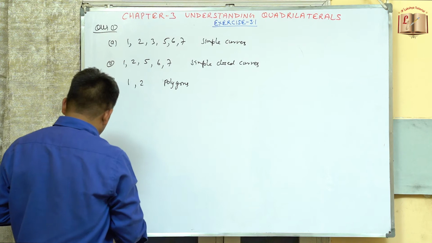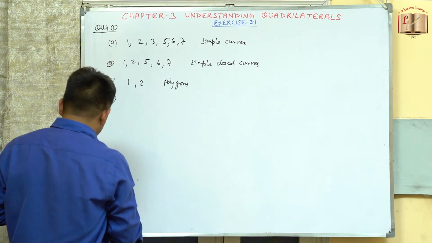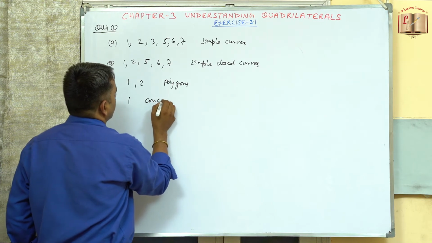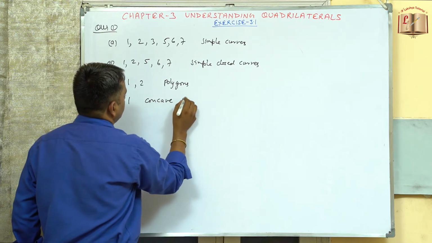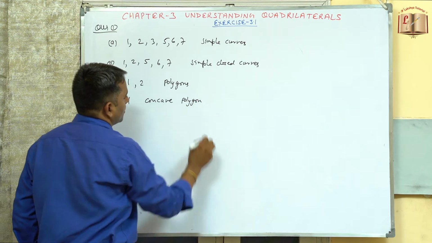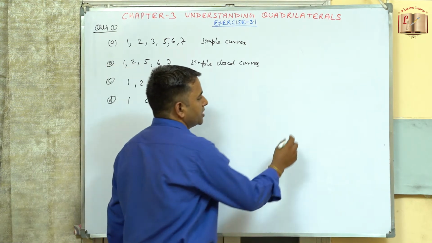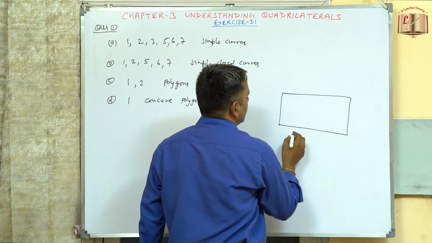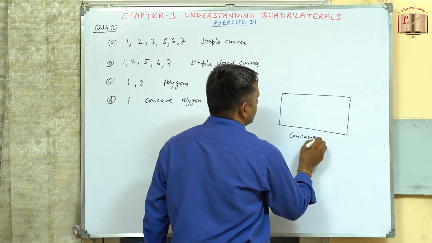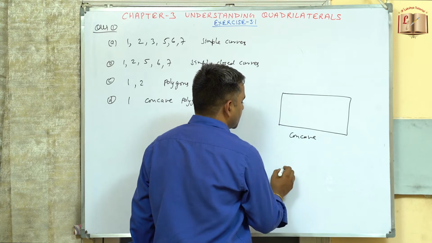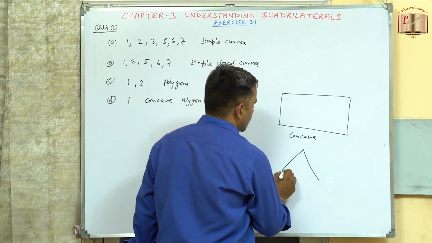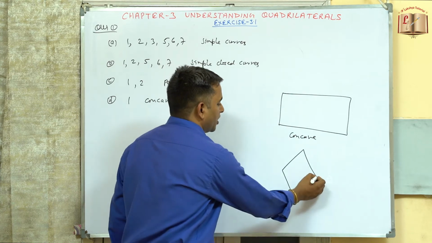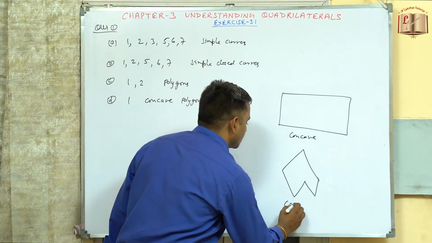Coming to the D part, concave polygon. So only one is the concave polygon. So this is concave. Concave polygon means जिसके सारे वर्टिसेस क्या होते हैं, अंदर की तरफ होते हैं. इसको हमने क्या बोला, दिस इज कॉन्केव. कॉन्वेक्स में जिसके वर्टिसेस क्या ऐसे बाहर की तरफ निकले हुए हो. सो दिस इज अ कॉन्वेक्स वन, कॉन्वेक्स.